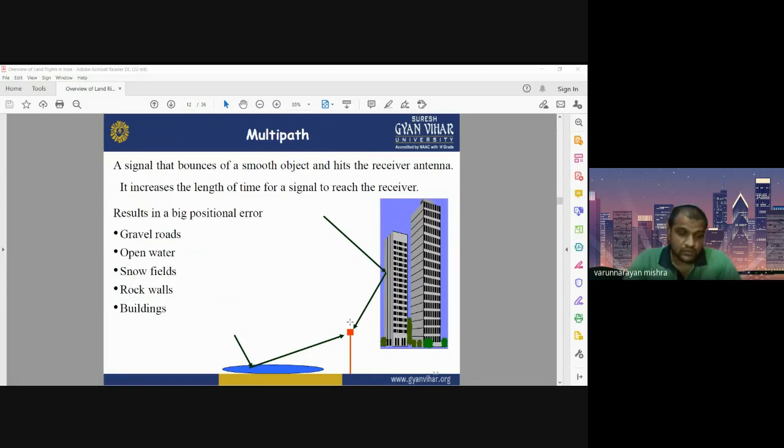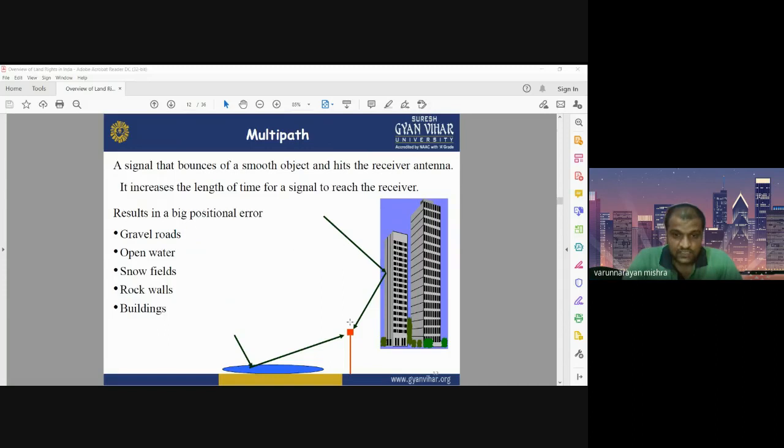So we should always go for surveying in open space, so that it is not affected by the multipath error. You can reduce or avoid this kind of error when you use GPS surveying in open space. It is a kind of predictable error. You can easily come to know that if you are getting some coordinates near to tall buildings, there may be some effect of the multipath. There may be some errors caused by the multipath, because the signal does not directly reach the GPS receiver.